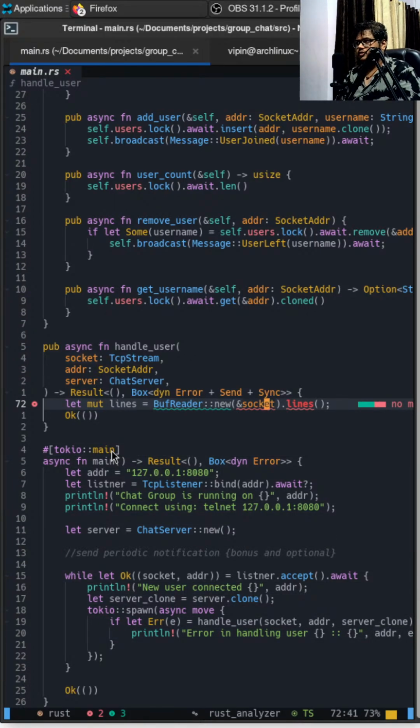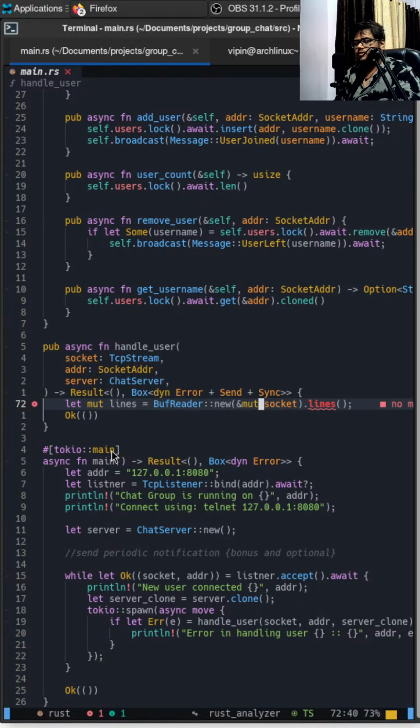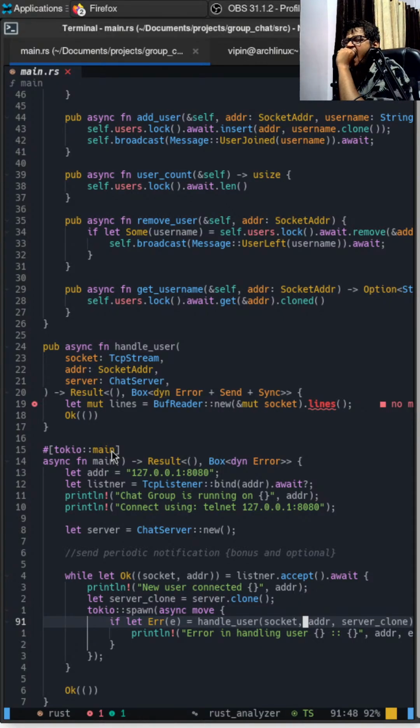I'll pass in the socket. What is this socket over here? Listener dot. Maybe I need to pass